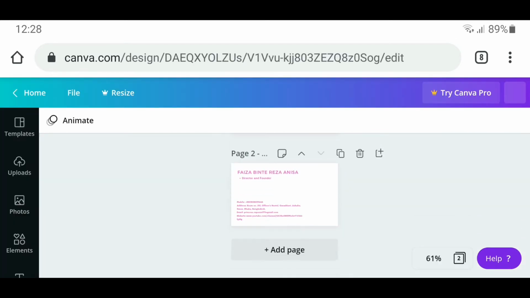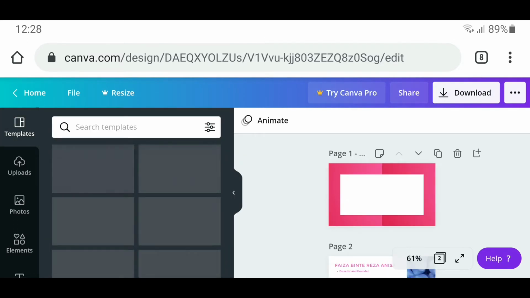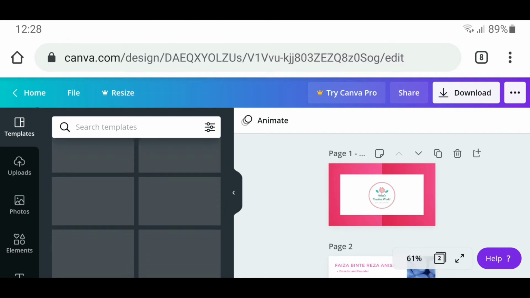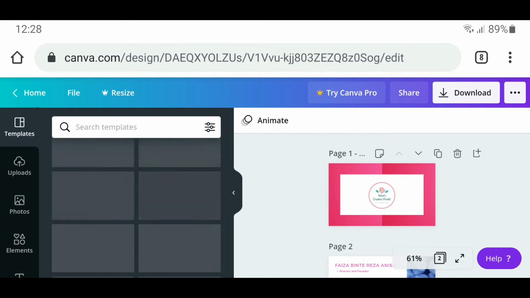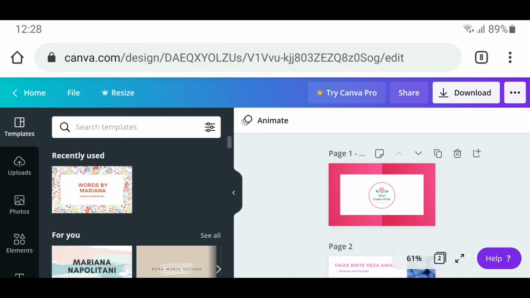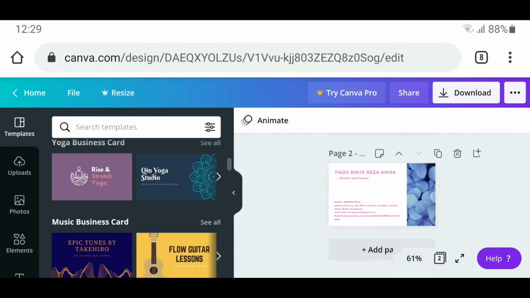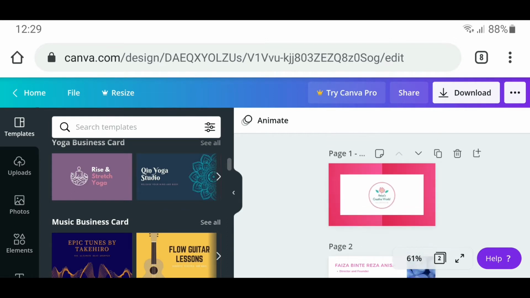Okay, so now we are in a design. If you click here on templates, you'll see all of your templates right over here. There will be loads of templates right here. It'll be a lot of fun with templates. Here you can see some templates, like a template for words by Mariana and some others. There are some business card templates right over here, because I'll be showing you my business card right now. So if you click over here on uploads,